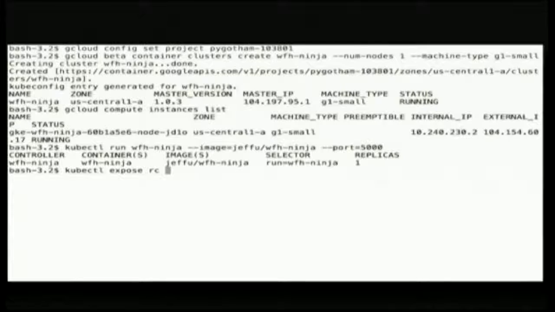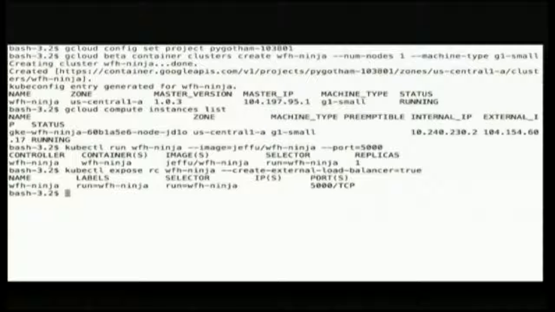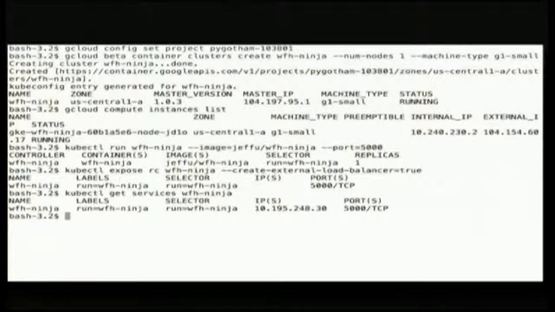The first thing is we're going to expose it to the regular internet, because by default, it puts it into the internal Google networking. And so we're going to create an external load balancer. And that's going to allocate a public IP address to it. And it takes a little bit of time for Google to get that IP address going. We can run this command on Kubernetes just to show us the instance and its IP addresses. And once it's done creating the load balancer with the public IP address, we'll actually see it under the IPs